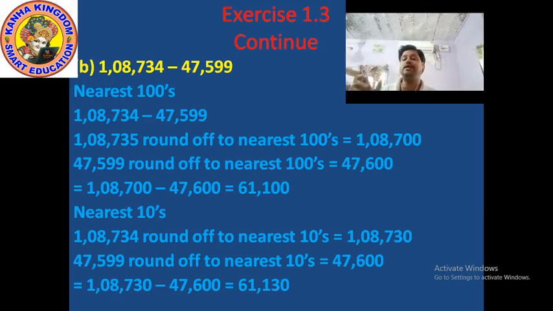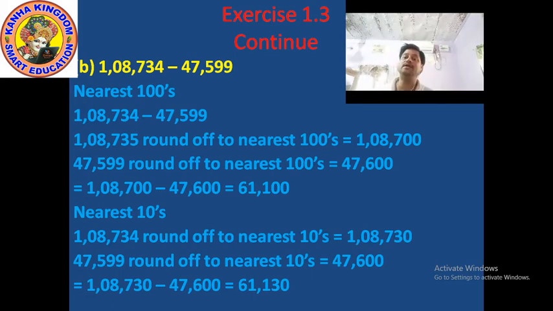So you have to write down 3, same as 3, and nothing you have to change in the 100 place. Which digit is in the 100 place? 7. Write down 7, same, nothing you have to change. After that, in the 1000 place 8, write down the same 8. In the 10,000 place 0 means same 0, and in the lakhs place 1, same, write down 1.